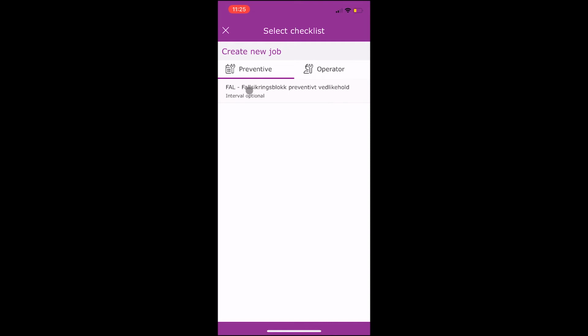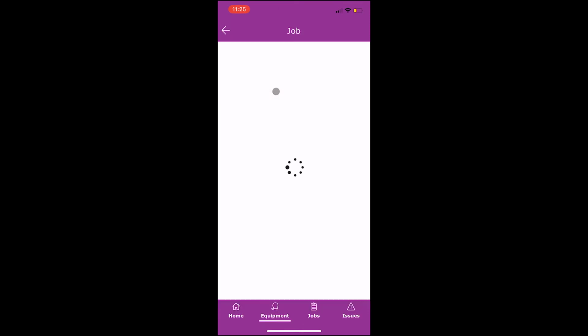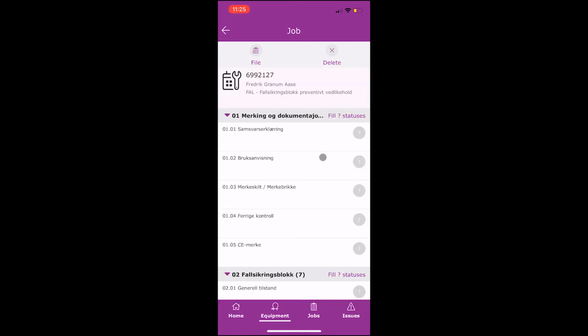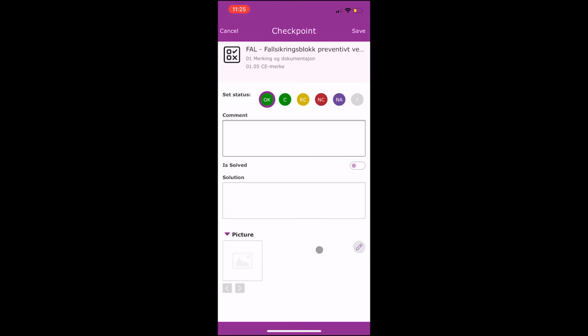And here, as you can see, we have created a checklist on our Onix Work account, which then is available in the app. I click on the checklist that I want to use. I am brought to the checklist, and here I fill out the different statuses by clicking on the question mark. Clicking once gives me the OK status. If I click once more, or if I click anywhere else in this box, I will be brought into the checkpoint where I can set any other status, and where I also can